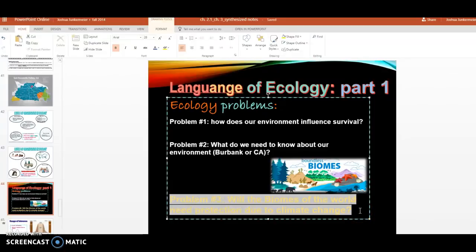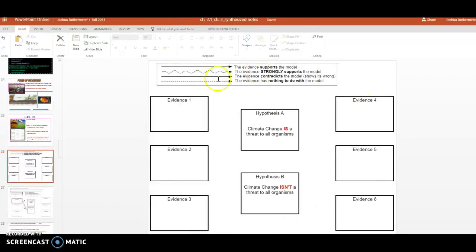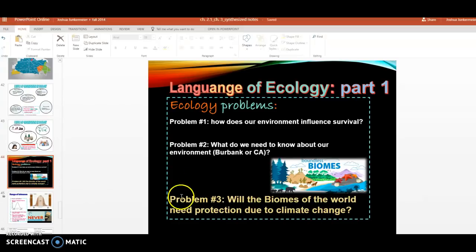So we are going to be studying the hell activity. We're going to be doing that activity, and we're going to be trying to learn more about this problem. So it's our new problem. So in class, we'll be doing this hell activity. Remember, hell. And we'll be doing this activity in class to learn if climate change is a real threat. Make sure you write slide 44 and copy down this new problem and decorate it with some colors to show